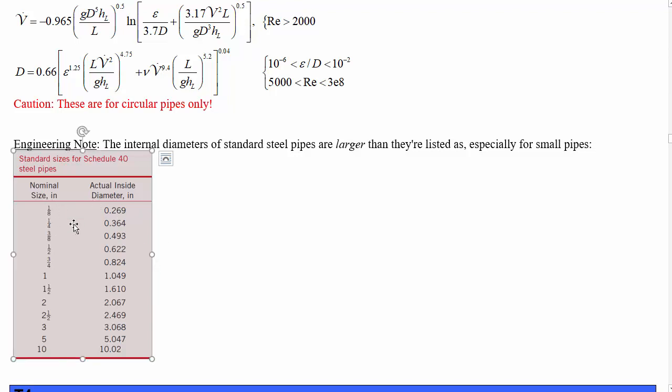It's much worse for these smaller sizes than for larger ones. So a 3-inch pipe is almost 3 inches, just a little bigger inner diameter. They're all bigger, but the smaller ones are off by quite a lot. The reason for this is when Briggs standardized the piping sizes 150 years ago or so now, he wasn't trying to make them exact. He was just saying, here's a nominal size. The inner diameter is going to be close to the labeled size. So 1 inch is going to be close to 1 inch inside, 1/2 inch is close to 1/2 inch inside,